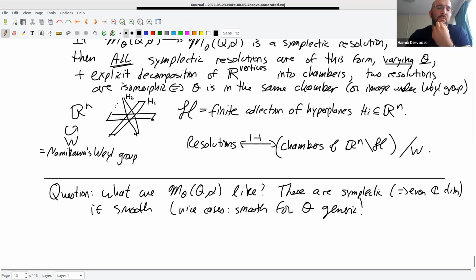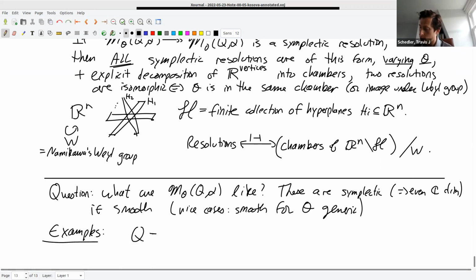Okay, so anyway, what I want to say is that examples include, so if we let Q be a line, so a type A, we have to actually do something a little bit more general. We have to consider what's called a framing here. So we're only going to let the group be the product of the other groups. We're not going to act by the group at that one vertex. So you have to add a framing. You can get rid of the framing if you want to replace this framing by a 1 and put n arrows from it, but let's forget about that. If we take this type A,